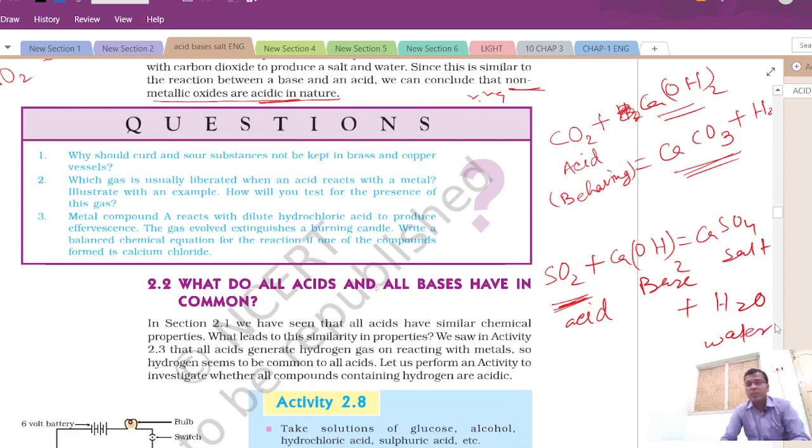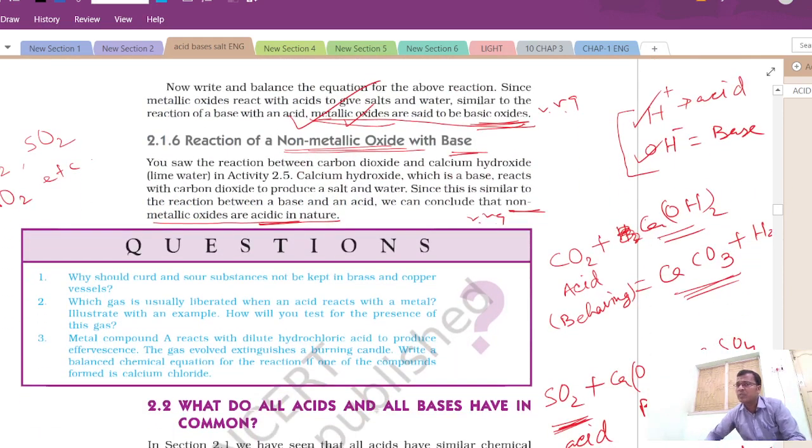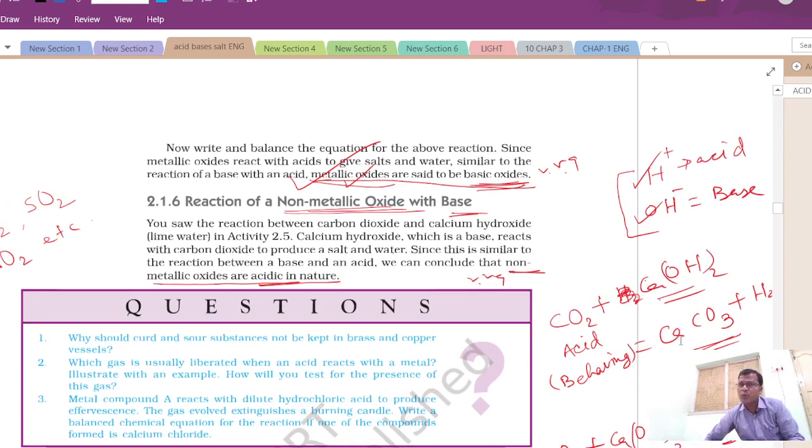So please remember this. You don't have to remember the equations. Please, I am just telling you, you don't have to remember the equation, but you have to grasp the concept, because the concept is important. The questions which will be asked will be from the concept, because the main thing in the book is that they want to provide the knowledge of concept. So please have the concept only.